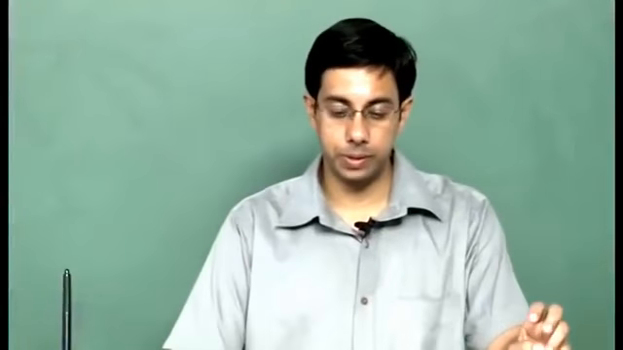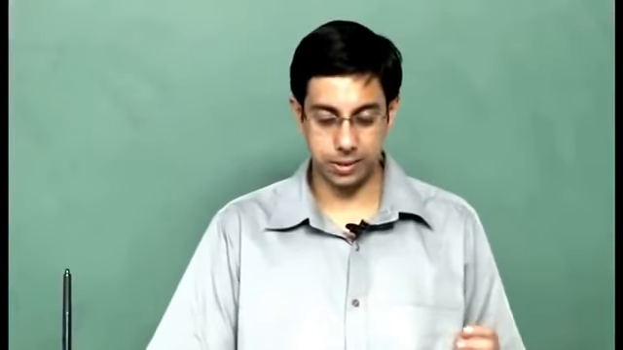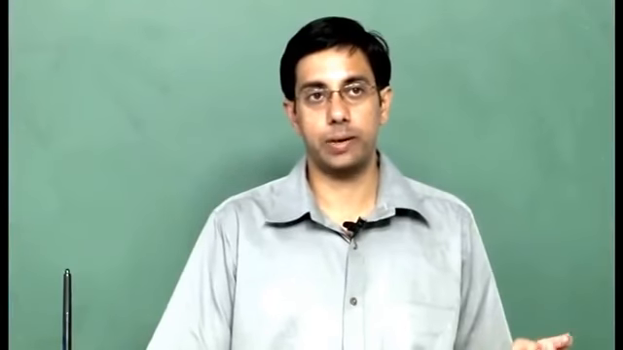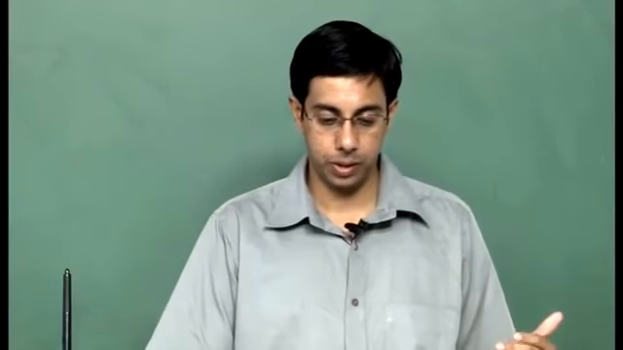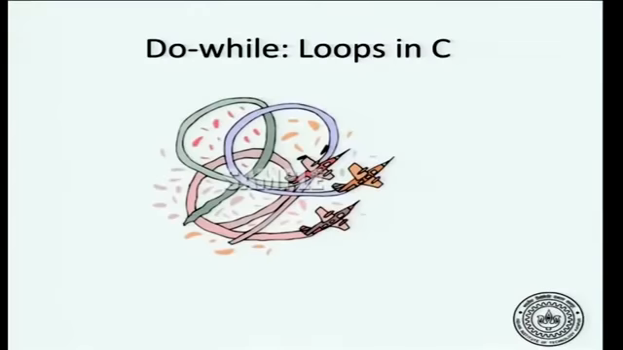So far we have been using while loops in C. Now the C programming language also provides you other kinds of loops. Let's look at some of them. The first alternative loop mechanism in C that we will look at is what is known as a do-while loop,